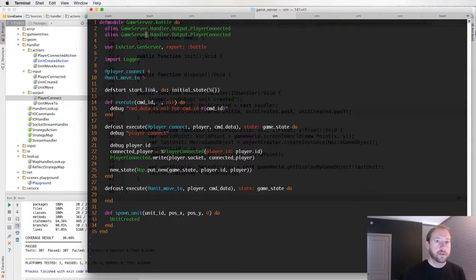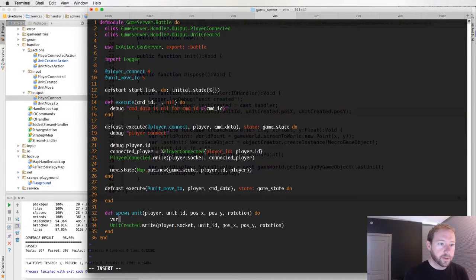I'm going to put unit created. There we go. Unit created dot write, and we're going to need the puzzle just pass the player along. So we'll have the player dot socket, and then we'll have our unit ID, position X. We can have the rotation here. Position Y, and rotation. And that isn't fully correct, so we actually have to create a